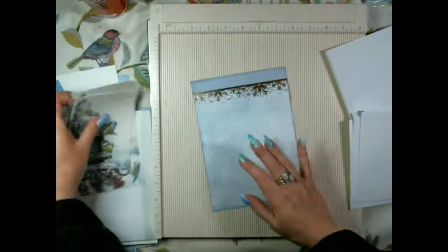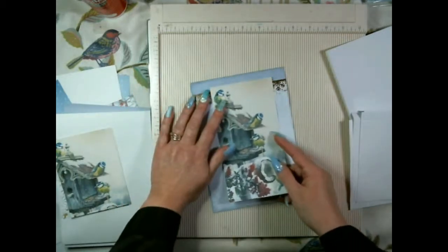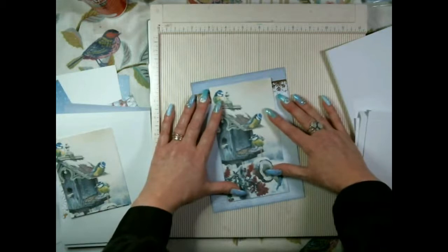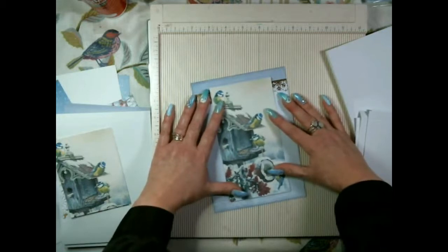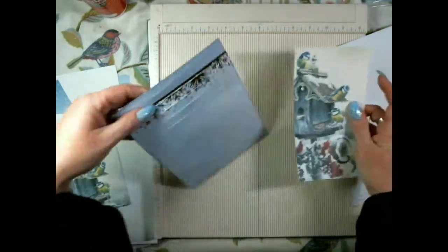Right, so next thing I had to do was decide, now I know I've got about 1/8 of an inch, so I added another 1/4 of an inch. I had to figure out where the middle was, and then add 1/8 of an inch to the top, roughly. So what I've done,